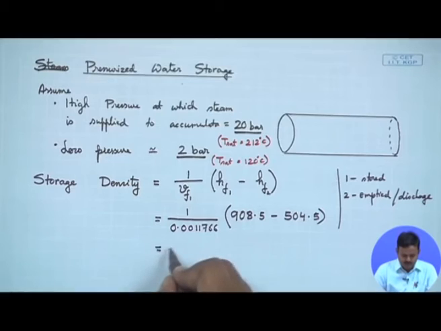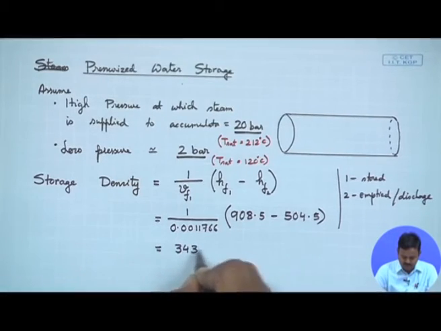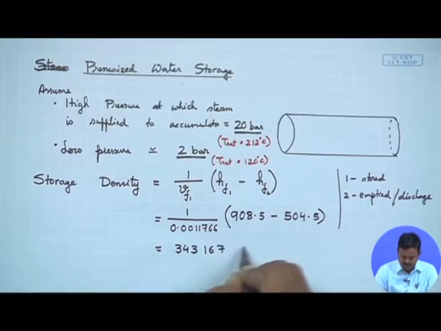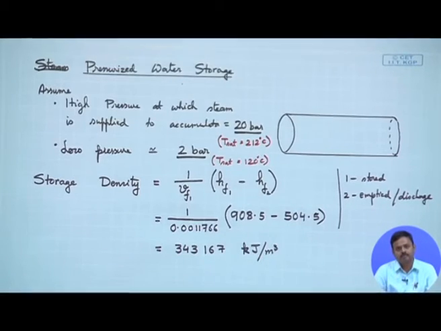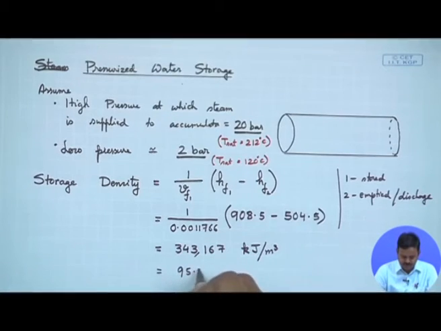So, what this turns out to be is 343,167 kilojoules per meter cubed. Okay. Or this also turns out to be 95.3 kilowatt hour